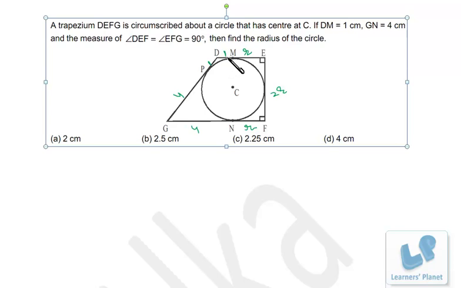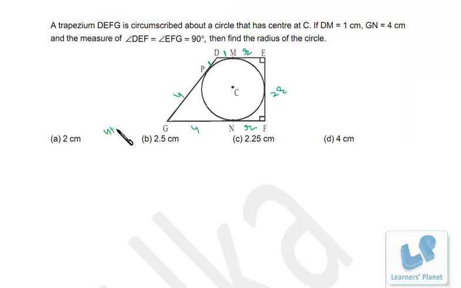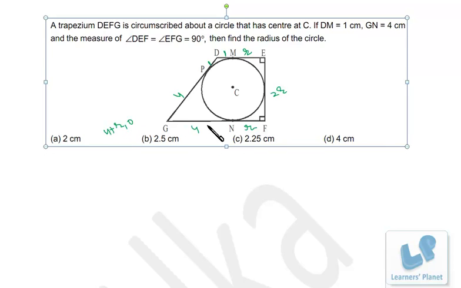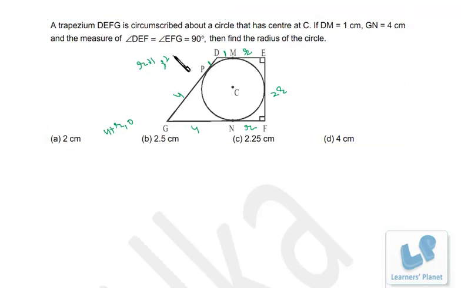What I do is take the coordinates of the points. Suppose this is my coordinate axis. This is the x-axis, this is the y-axis. I'm just assuming them as the coordinate axes and taking the positive side. You can rotate the figure, no problem. The coordinate of this point will be: x coordinate will be 4 plus r and y coordinate will be 0. Similarly, in this case, x coordinate will be r plus 1 and y coordinate will be 2r.